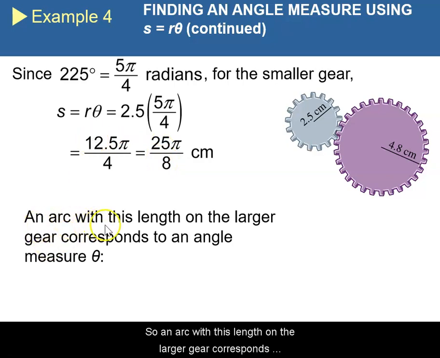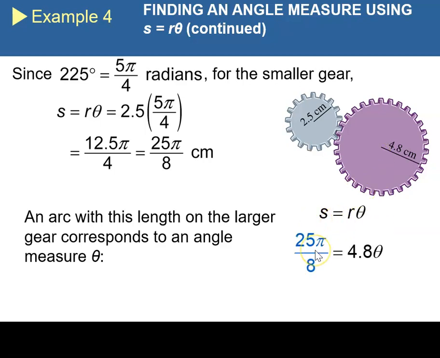So an arc with this length on the larger gear corresponds to an angle measure theta, right? So again, I'm going to use this formula. I know the arc length, I know the radius, I don't know the radian measure, so I'm plugging in my 25 pi over 8, I'm plugging in my radius, I'm going to divide both sides by 4.8,